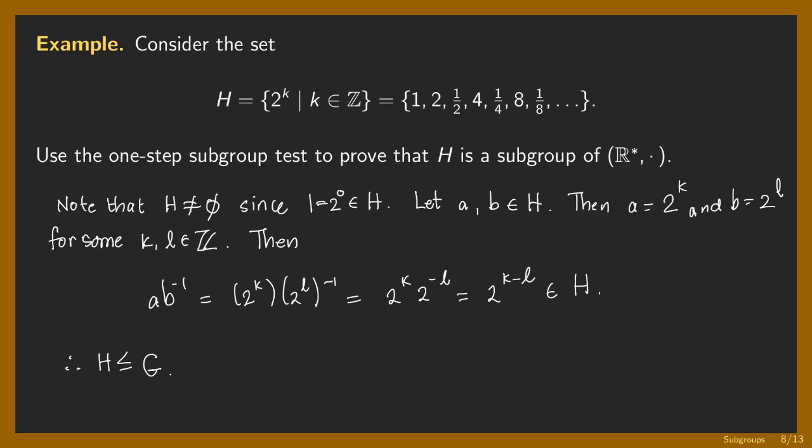Now, if you would ask me personally, I will always choose the 3 steps instead of the 1 step because, as you can tell here, we were able to prove that H is a subgroup, but it feels like I'm not really convinced. Of course, this is true because we have proven this a while ago. But for me personally, I'd rather use the 3 steps all the time. Well, it's just a personal preference.